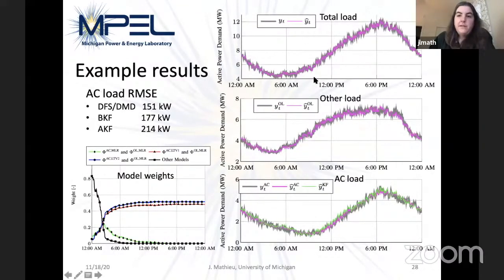So here are some results. What's important to look at is we're trying to predict the air conditioner load, but we also end up with predictions of the total load, which we also measure, and the other load, which we don't measure, but we're interested in the air conditioner load. So here's the air conditioner load over time as the gray line. And then the purple pink line is what our algorithm is doing in terms of the predictions, pretty good. But the green line is what the Kalman filter benchmark approach is doing, which is also pretty good. So they're all pretty good.